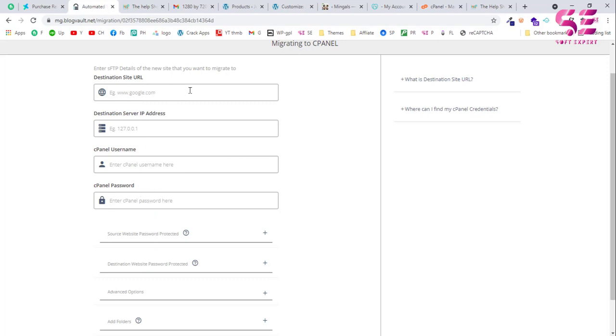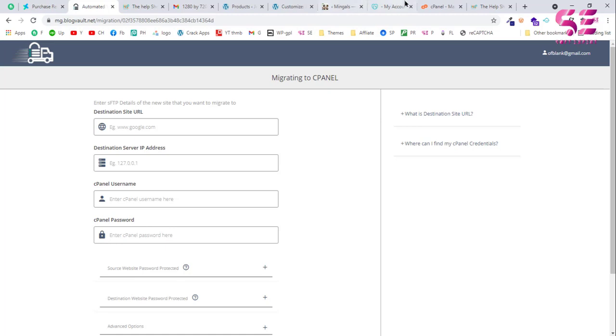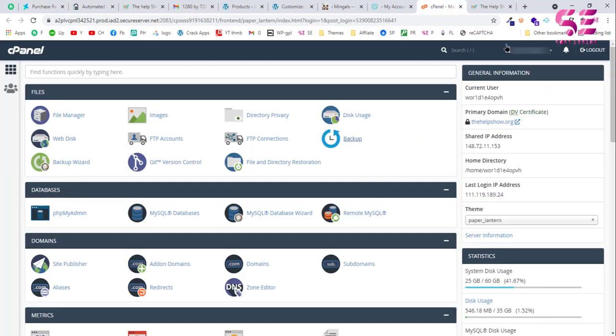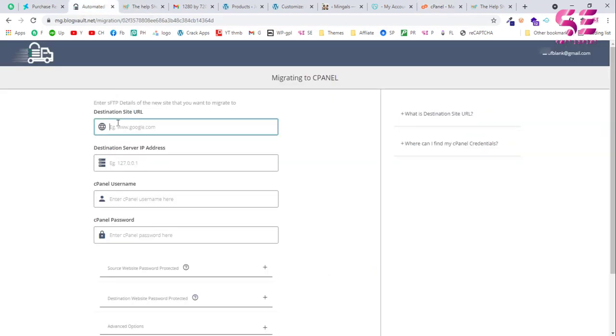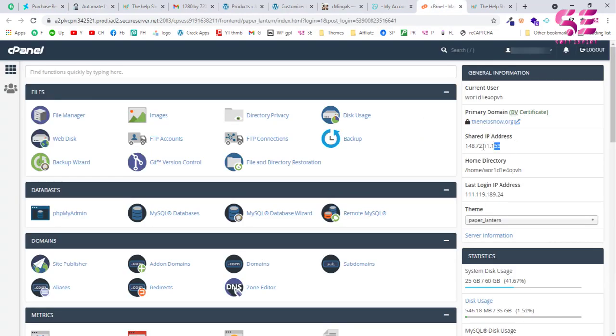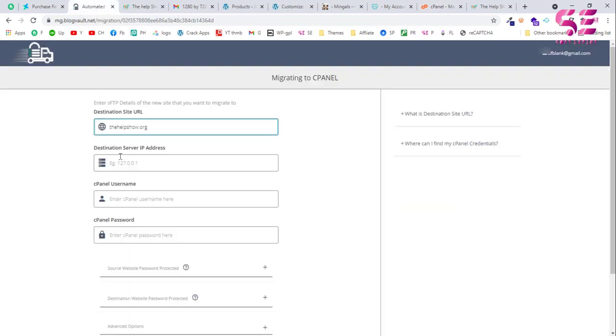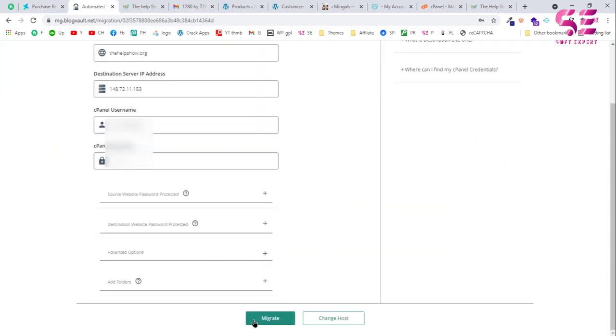So just log into your cPanel. You can copy your website URL, your IP address, your username and password. So let me quickly fill up these details. I'll go to my cPanel. So this is the cPanel where you can see your domain name, which is your URL, your IP address, and you already have the login for the cPanel. So let's copy one by one. This is the URL, this is the IP address, and I'll write my username and password, and then just simply click on migrate,